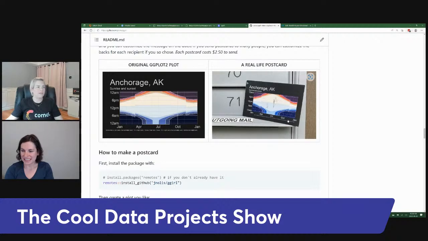Do you have advice for somebody who gets an idea for a personal project? Are there any resources, or do you have any advice for them? Yeah. So here's the thing I have learned, which is